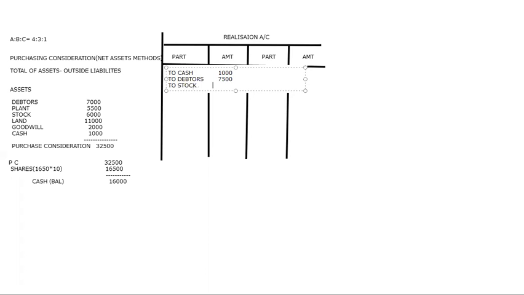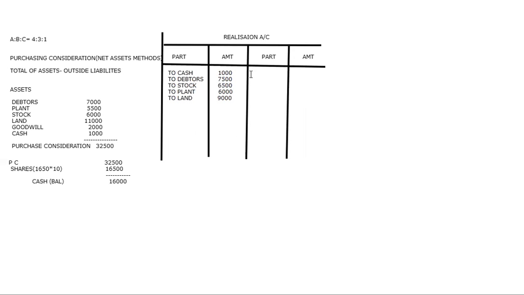Stock, which is 6,500. Then to plant, it is 6,000. To land and building, so I'm writing just as land. So that is 9,000. So this is what I have taken here. Then